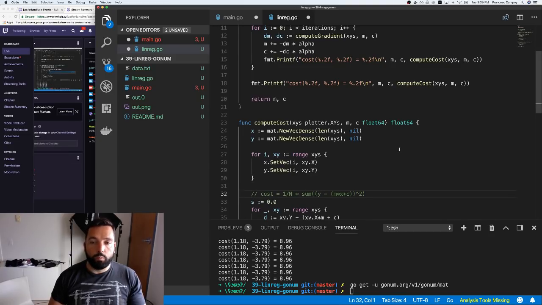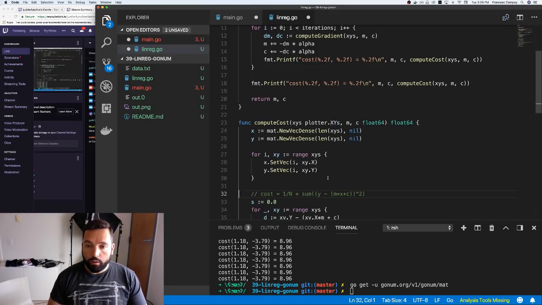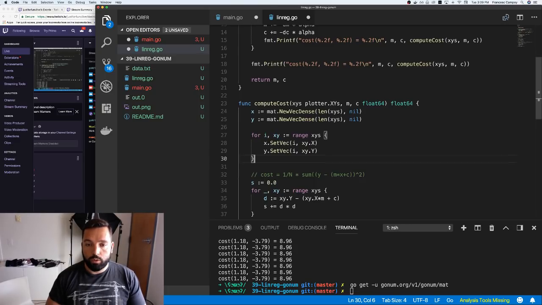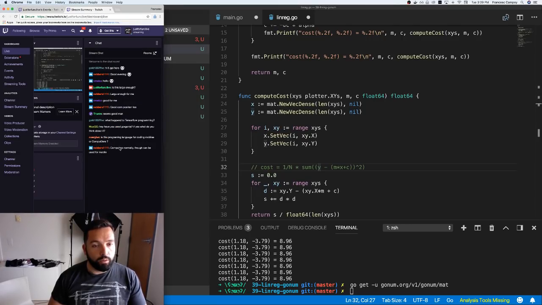Cool. So with this, we have not done much, to be honest. The only thing is we've adapted the plotter x, y's, which is a slice with both values, into two different values, x on one side, y on the other. Okay, so now that we have this, we should be able to do, computers normally,